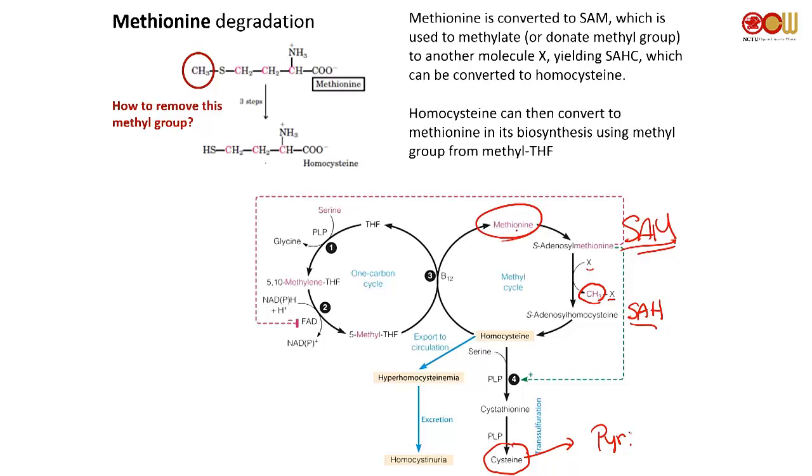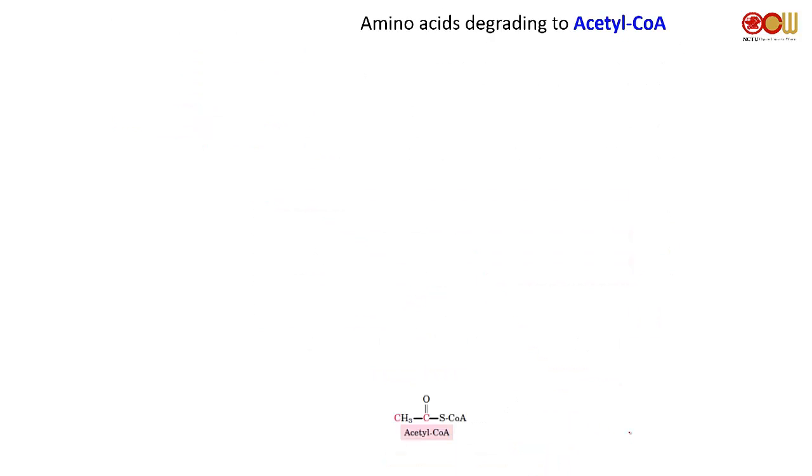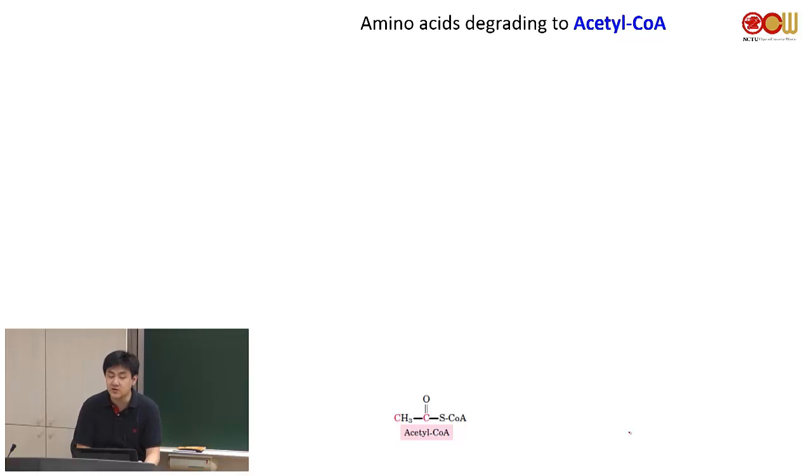Okay, cysteine can then go to pyruvate, like we saw a couple slides ago. Okay, all right. Now I think this is where we stopped last time. Amino acids degrading to acetyl-CoA. Okay, and acetyl-CoA is a central metabolite that is used in the TCA cycle,